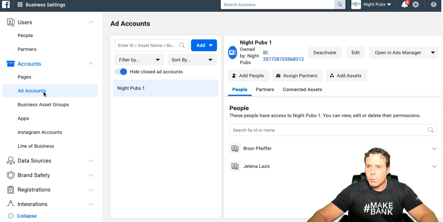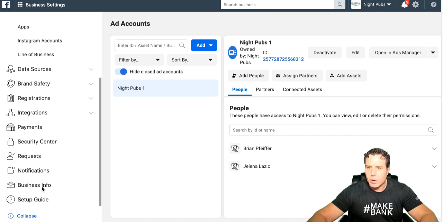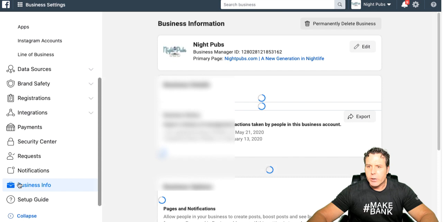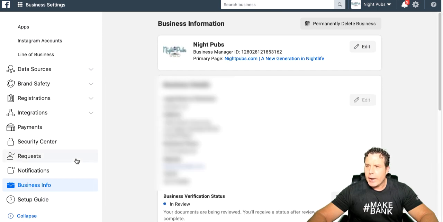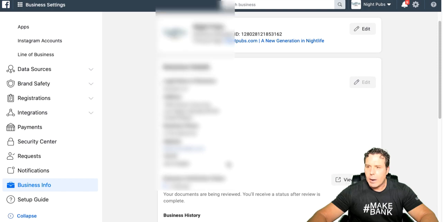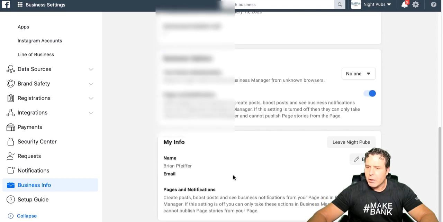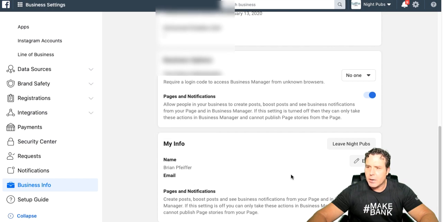Typically what happens is when you get a business manager, the first thing you're going to want to do is go in and verify the business manager, okay? And you do that under the business info tab, and you just go in here and submit the documents. You got to make sure that the business manager is attached to a page, and once it's attached to a page, then you could put in your address and your phone number. Make sure you have a legit website. I would highly recommend that you have an email that matches the